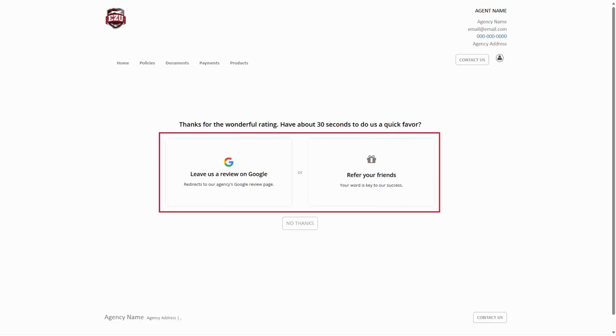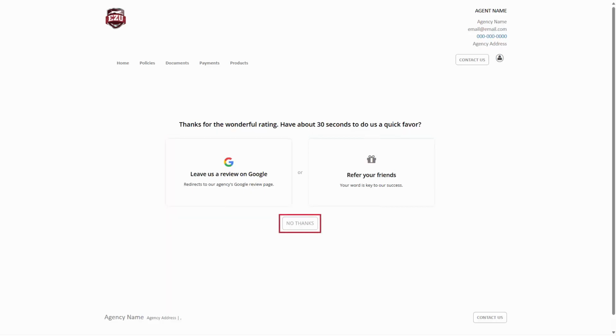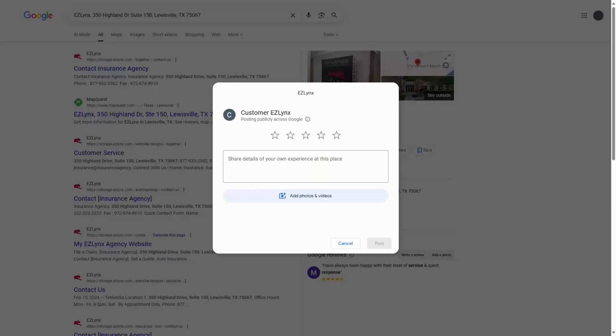If a policyholder gives a rating of 4 or 5 stars, they will see the option to refer someone or give a Google review. They can also choose not to refer someone or leave a Google review by selecting the No Thanks option. If they choose Google Review, they will be redirected to your Google page, where they can provide positive reviews about